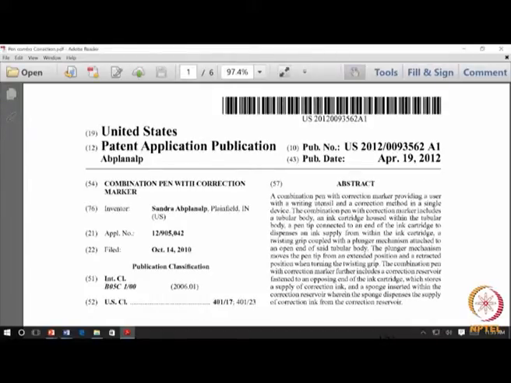Then if it's a provisional, then it will start with the statement, the following specification describes the invention. If it's complete, it starts with the preamble, the following specification particularly describes the invention and the manner in which it is to be performed. Then you had description, then you had claims, and it ends with signature and date of the person filing it, and it also has an abstract.